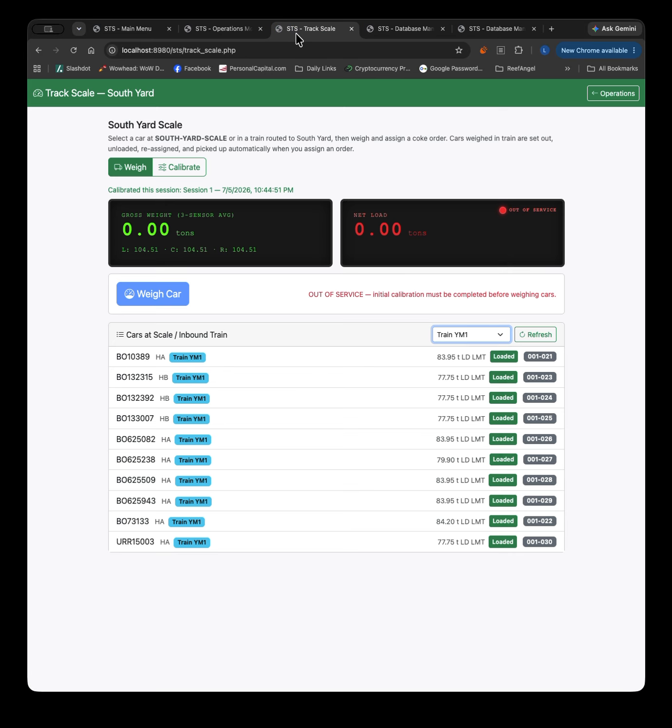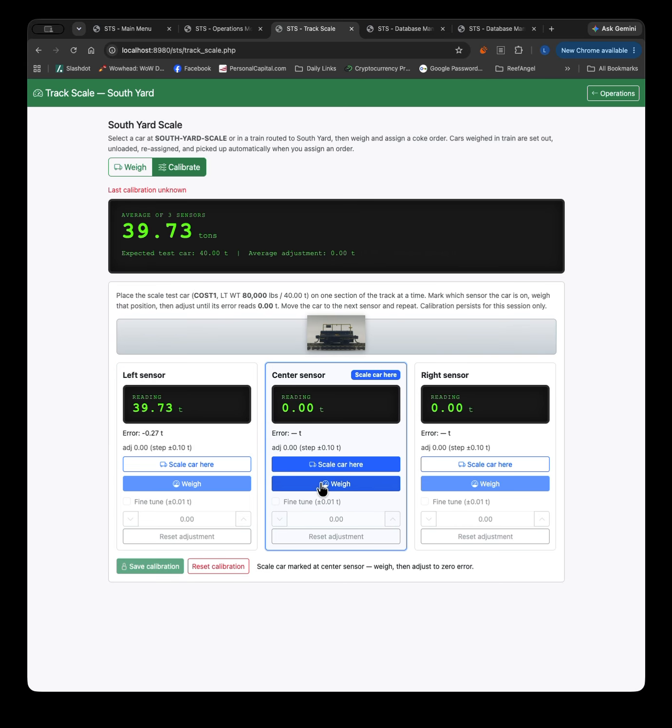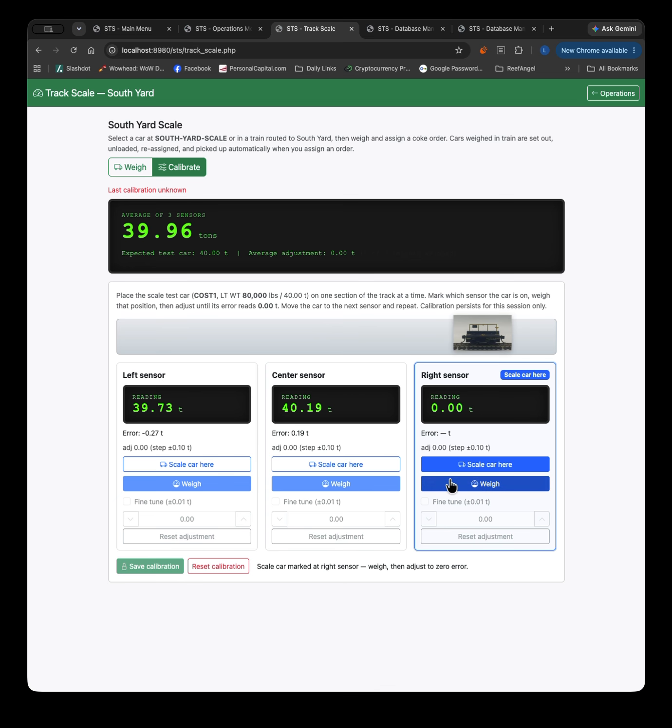And here we go. So to calibrate it the first time, since it's out of service, or if it hasn't been calibrated in 5 sessions, we need to come here and weigh the car, the scale car, at 3 different points on the scale, and we see that it needs to be adjusted to reach our target. So we will adjust it